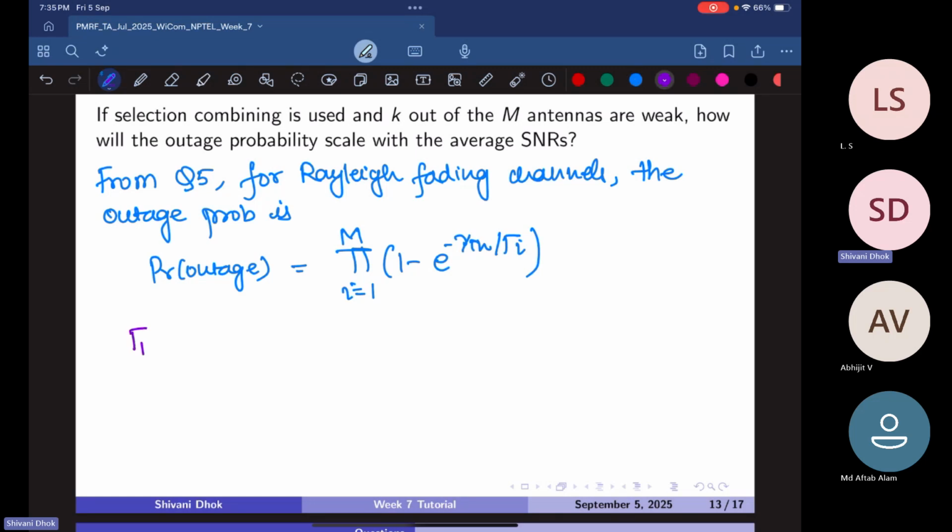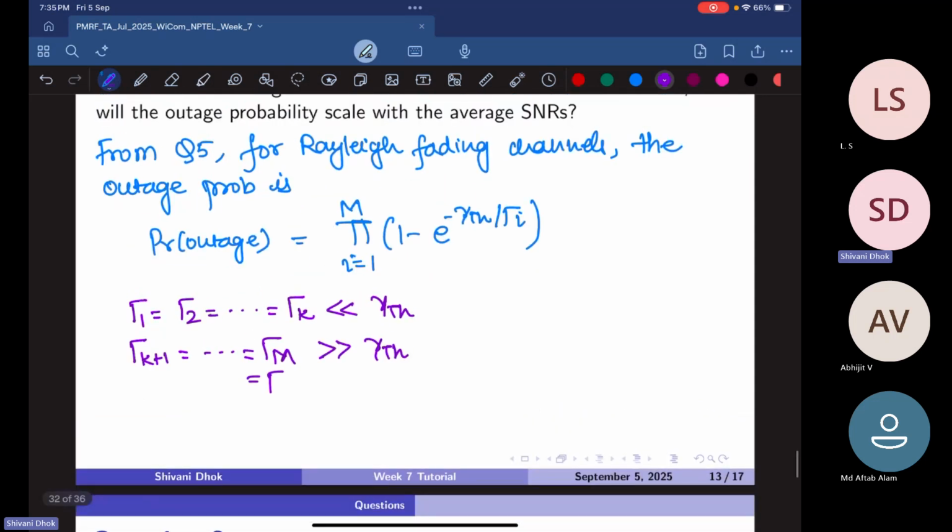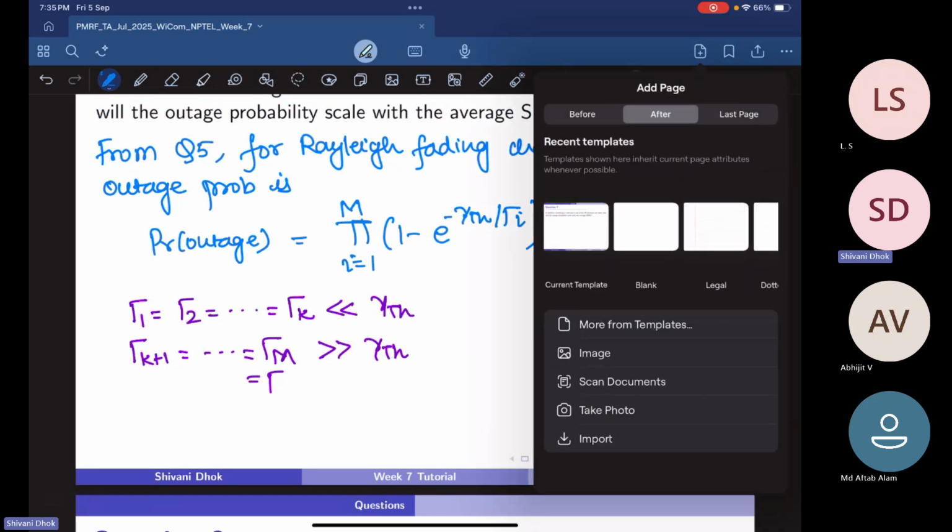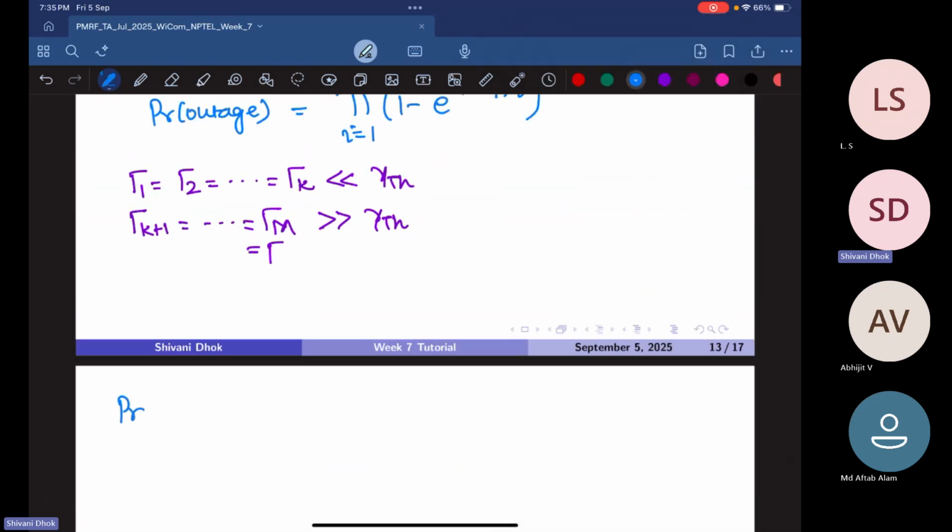Without loss of generality, gamma 1 to gamma 2 and so on till gamma k have much less SNRs, much less than gamma th, and for this we'll use the notation gamma 1. For the remaining, gamma k plus 1 and so on till gamma M, this is much greater than gamma th, and we'll denote this by simple capital gamma. So therefore